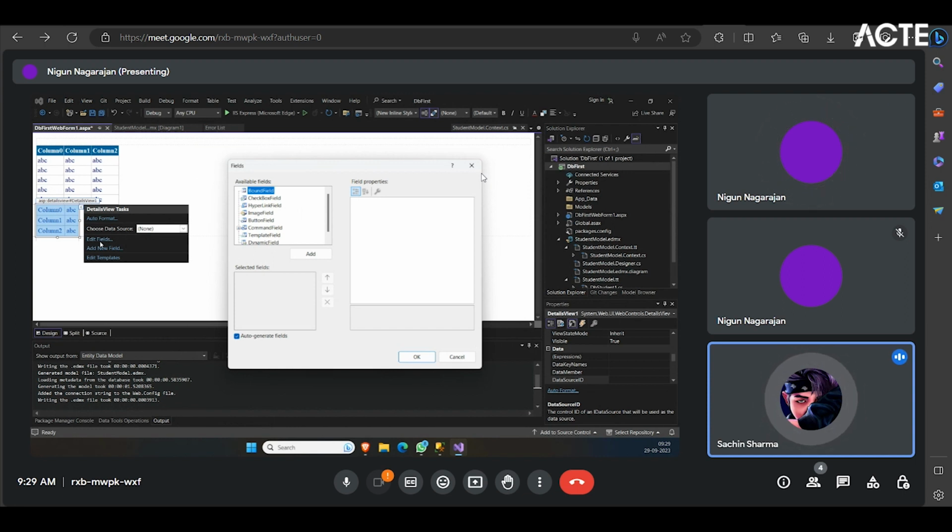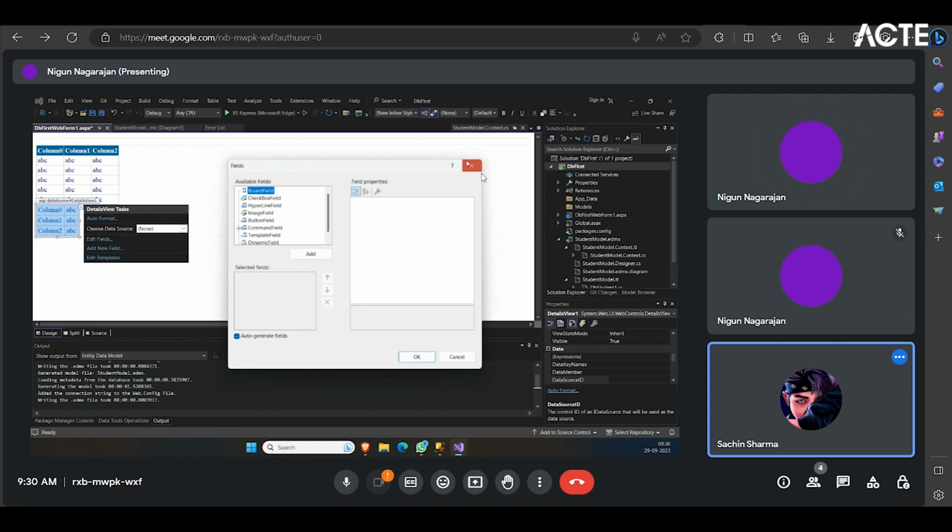Like let's say your ID is of identity type. So while inserting, you don't want your ID to be inserted. So instead of ID, all other columns you will create by bound field. So when you are going to insert through this form, bound field means ID is not going to be presented to the user. Similarly, if you close this,